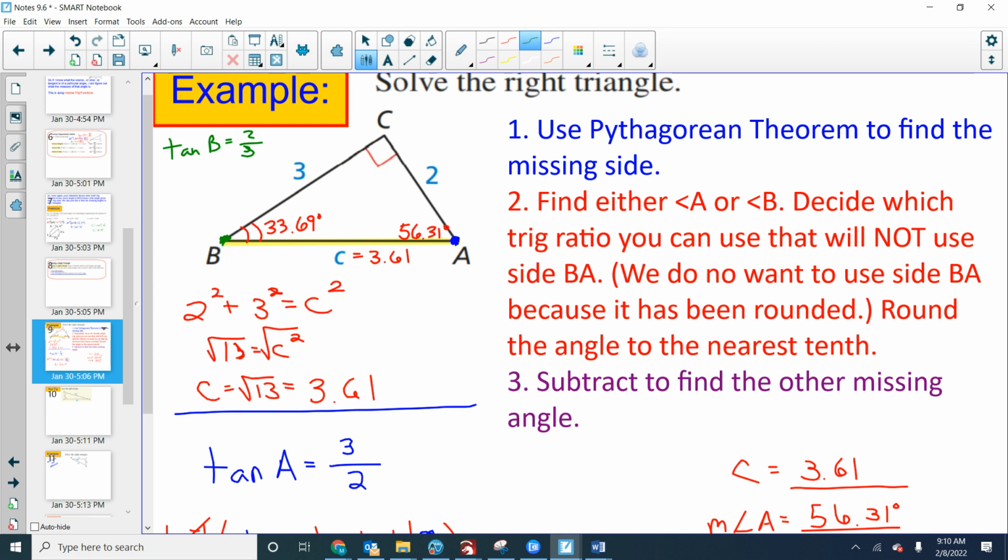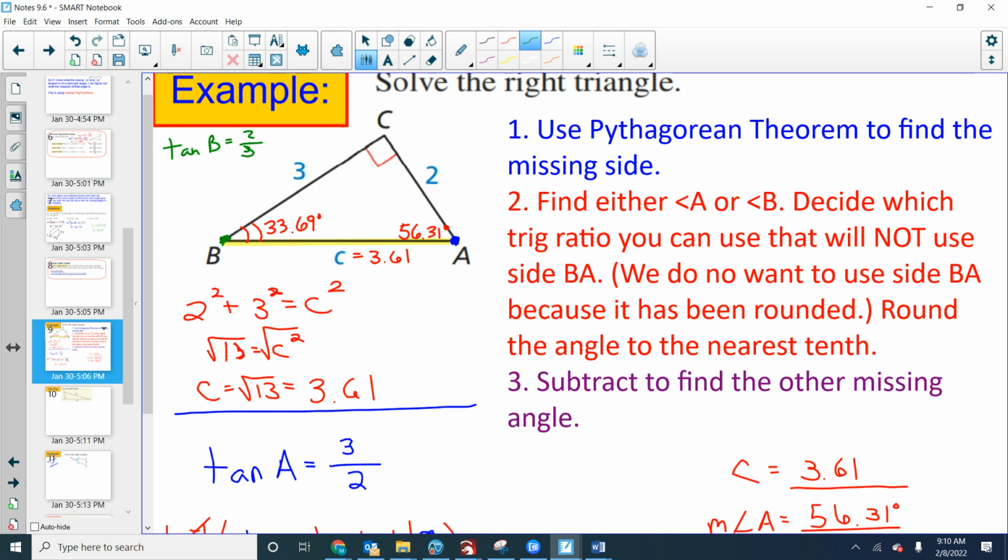How do you uncover angle B? What gets rid of the tangent? Tangent inverse. Tangent inverse 2 over 3. Would you look at that? 33.69 degrees. So if you want to be sure and you want to show your work for that third angle,